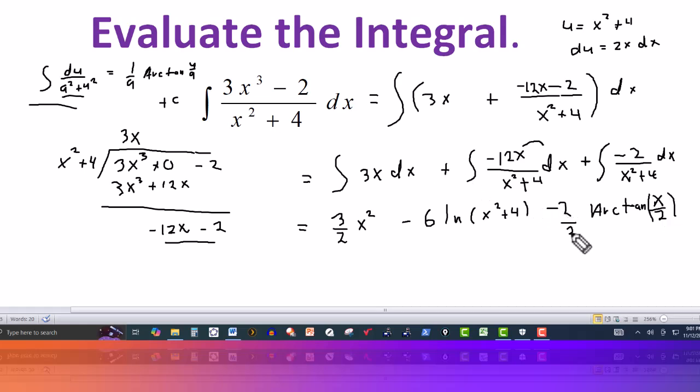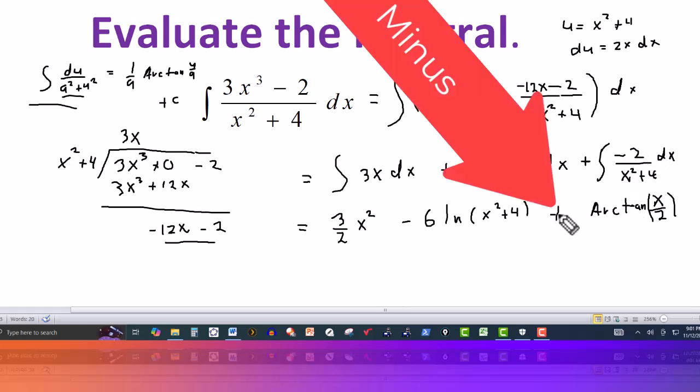So -2 over 2. So the final answer then is 3/2 of x squared minus 6 natural log of x squared plus 4 plus arctangent of x over 2 plus the constant